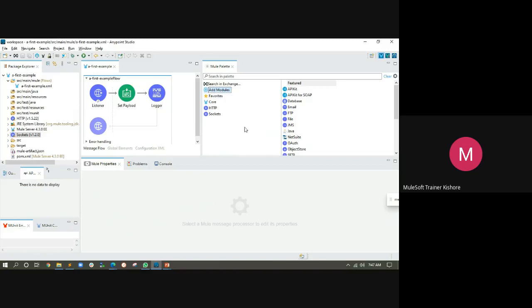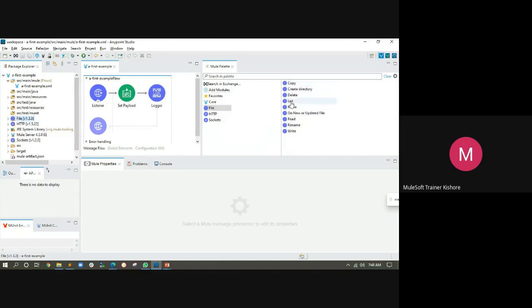Once you move to this side, the featured modules available, it was showing a message: drag and drop here to add to the project. So drop the module to add to the project. Here it is loading the module, downloading, and then see here your module was added. Now you can interact with the files with these many components. That is how you can add a module.